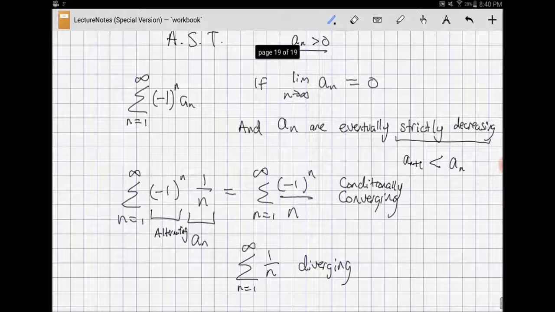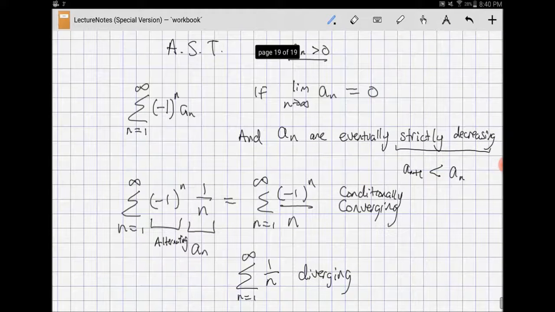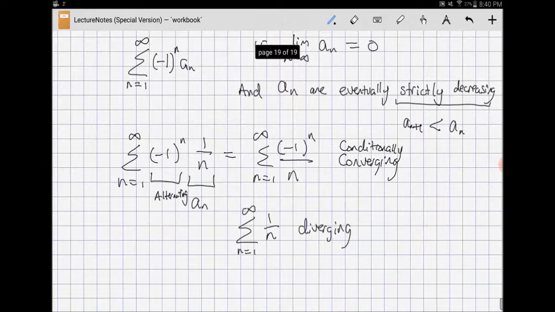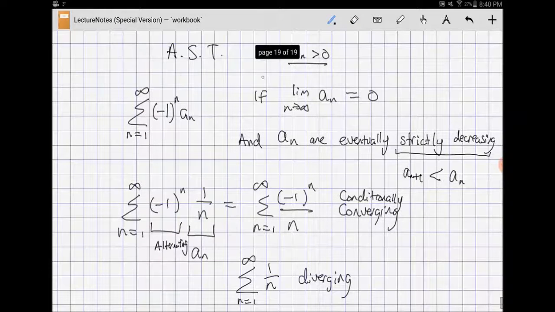One thing that should be noted is that if a_n is not strictly decreasing, or if these conditions are not fulfilled, we cannot make a conclusion about our series. We simply cannot conclude from the AST that our series is converging. We still don't know if